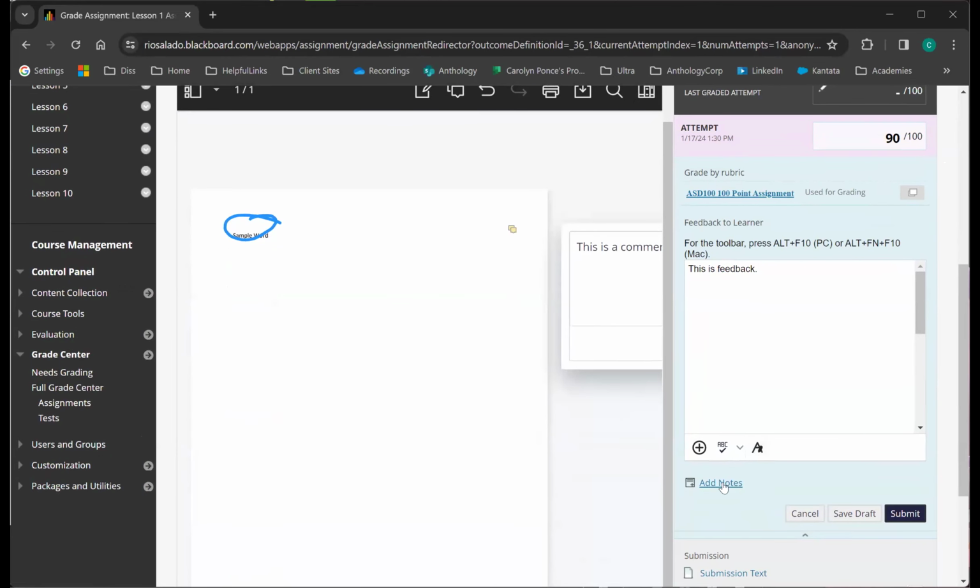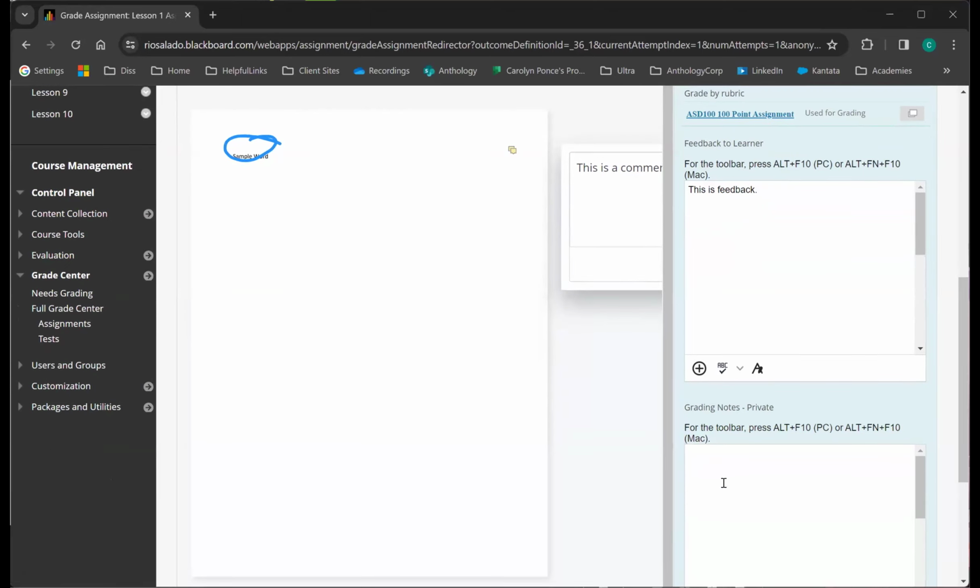Notes. Notes are private to the instructor. Students do not see grading notes, only the instructors of the courses and any system administrators that may need to come in and view that. So feedback goes to the learner or to the student, and grading notes are private.